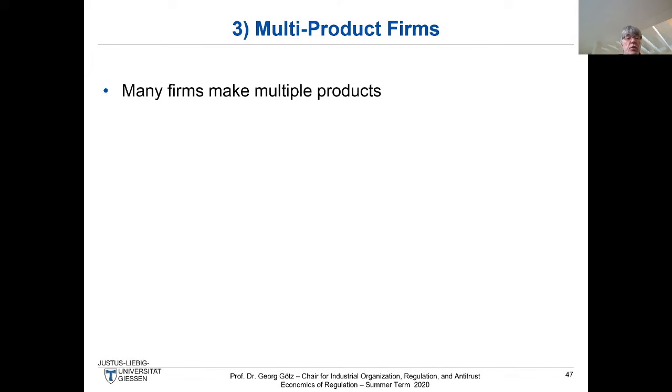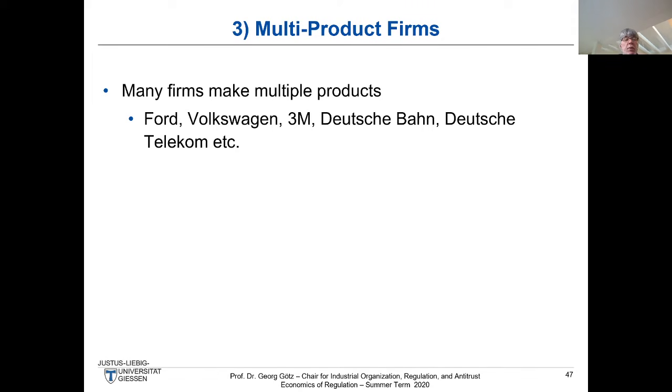In today's modern industries and economies, many firms make multiple products, and I gave you just a few examples here. My examples in the remainder of this part will basically be ones where I use different models of Volkswagen. You see, Volkswagen produces dozens of models and has 3 or 4 brands. So they have Skoda, they have Audi, they have Seat, and they have the Volkswagen brand themselves.